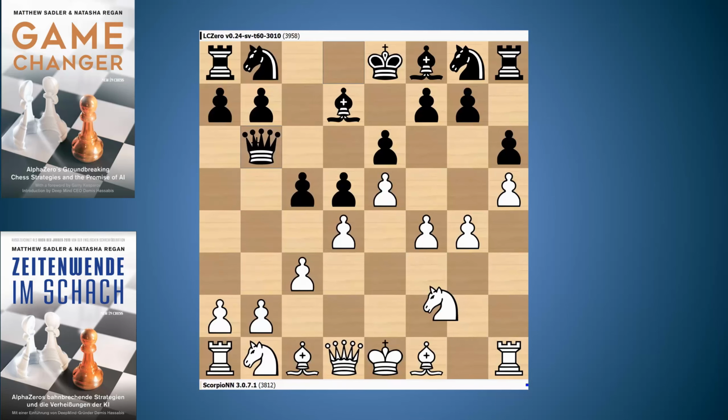So yeah, it just goes to show that exchanging off the queens is not a general remedy for black, you can say, in these positions. The space advantage still counts in the ending. So knight c6,